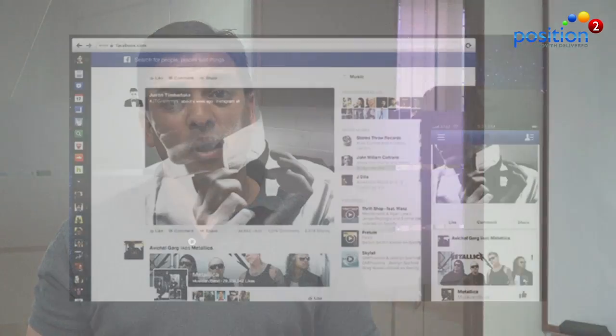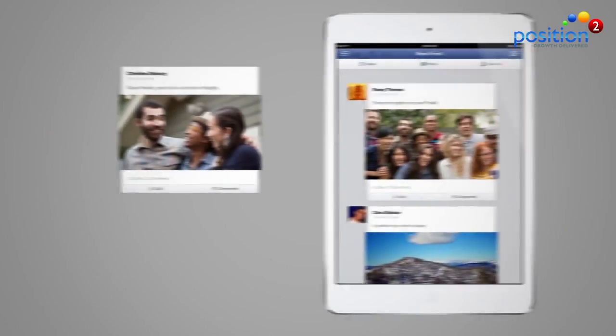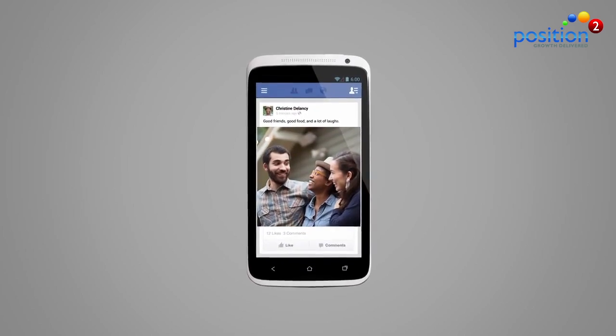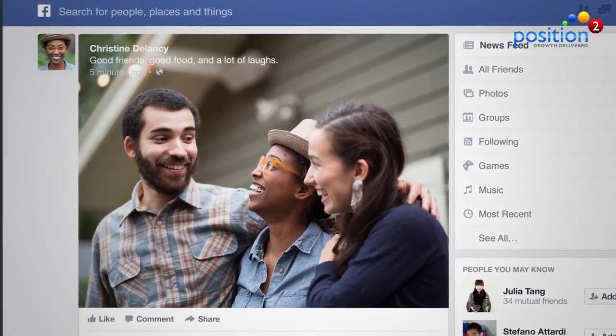What are the implications for marketers? Well, marketers are excited because with images much larger than ever before, they can more effectively highlight the visual experience of their brand and connect more effectively with consumers. Also, with the mobile and the desktop screen being the same or very similar, it allows them to have consistency